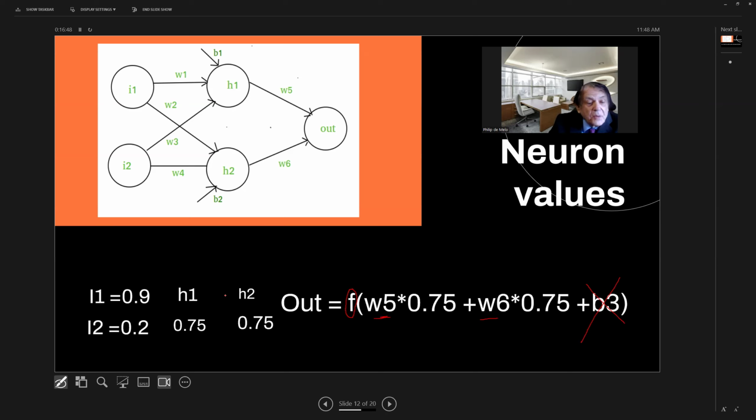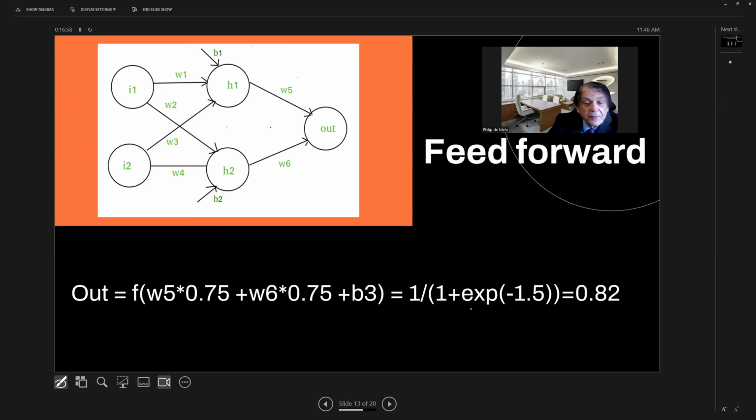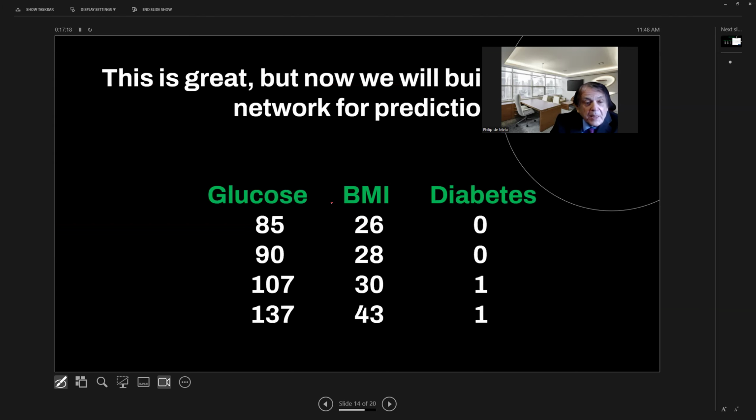Okay. So what happens is that when we calculate, you will have 0.82. So we have this number which will be the output. So this is the result of our network. Okay, now what happens here? We will take a look at the